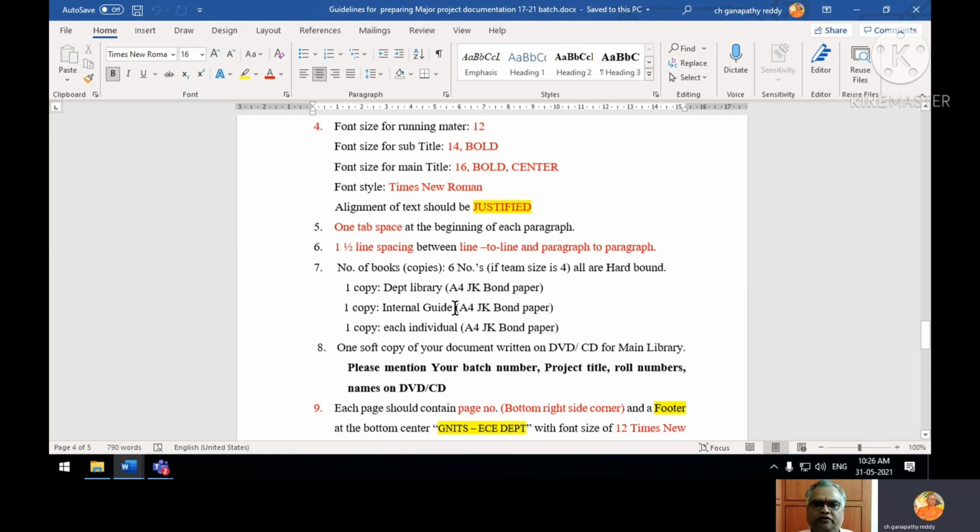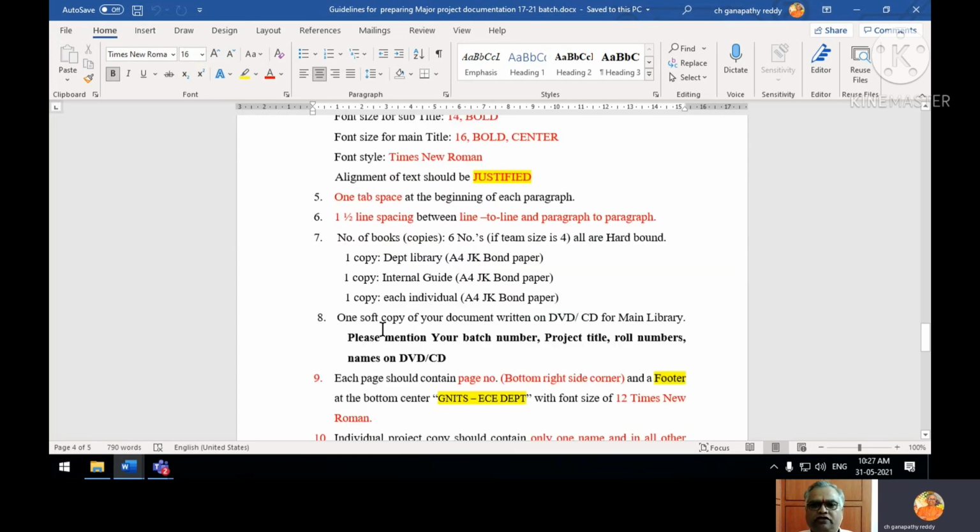The HOD copy will go to the department library, because the HOD cannot keep all the books in his room. One internal guide copy is a must, and individual 4 copies, and one soft copy on DVD or CD for the main library. So accordingly you can plan.